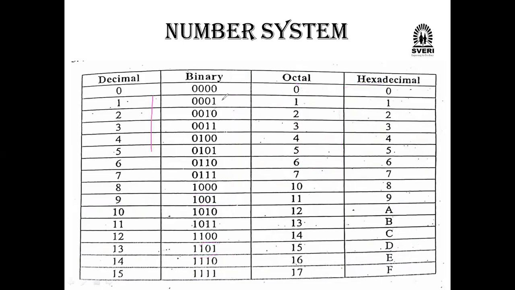So these are the numbers: decimal numbers, binary numbers, octal numbers, and hexadecimal numbers here. These are the numbers we are going to discuss here now. So the decimal numbers we have to convert into binary, and binary to octal, octal to hexadecimal, hexadecimal to decimal here now, and decimal to octal like this, and octal to hexadecimal. So all the terms we have to calculate, we have to do the conversion here now. So a simple method I will tell you people here now. One simple formula is there.